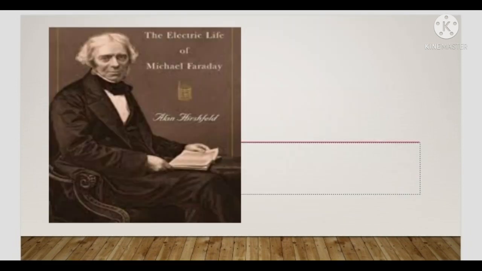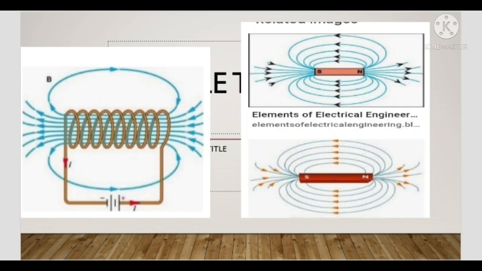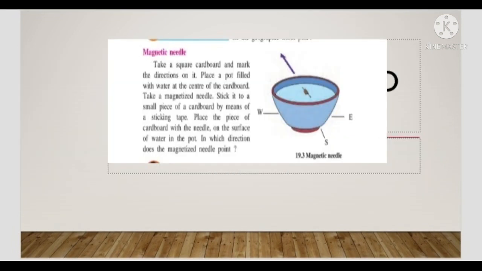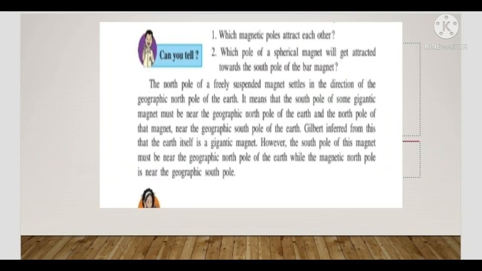Then second one, magnetic lines of force always run from north pole to south pole. The south pole may be of the same magnet or a different one. Magnetic lines of force are in a state of tension like a stretched spring. Magnetic lines of force repel each other. Magnetic lines of force do not intersect each other. The number of magnetic lines of force at a particular point determines the strength of the magnetic field.